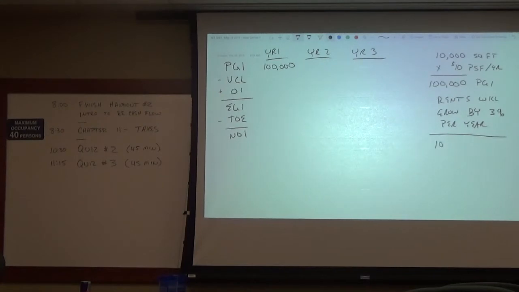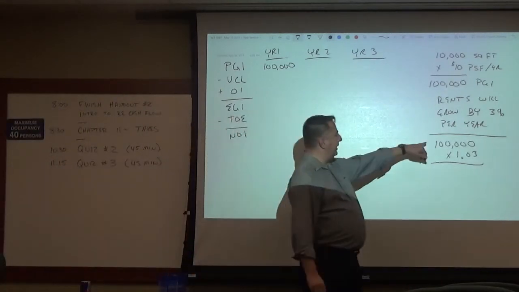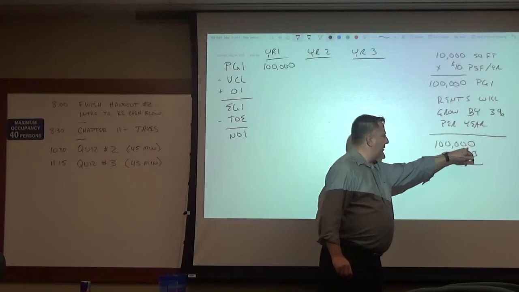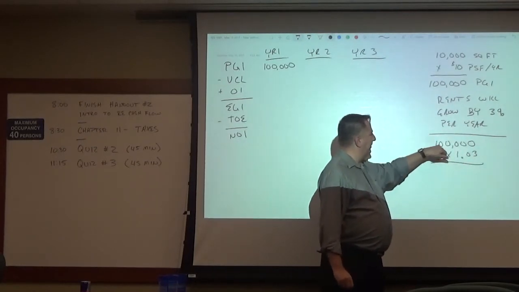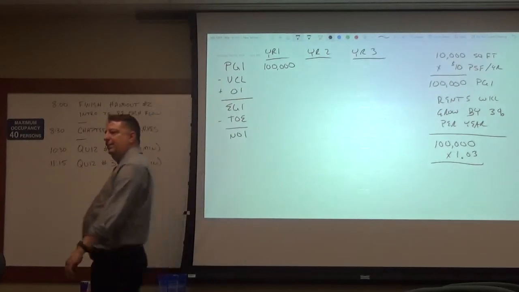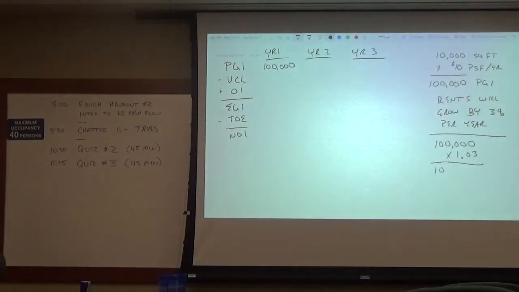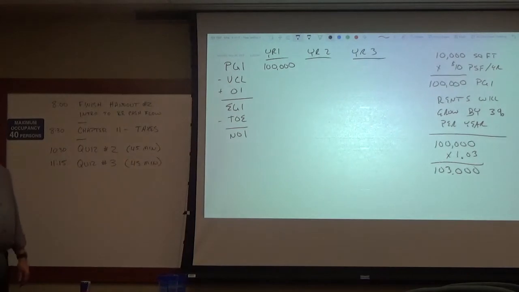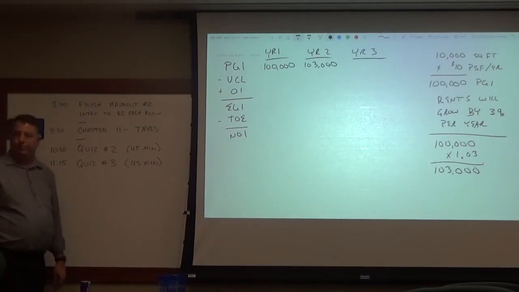All we're going to do is take that initial year income, and then multiply it by 1, which is multiplying it by itself, plus the growth rate of 3%. So that's the reason why 1.03. We've got to multiply it by itself, which is going to give us 100,000, but then also adding in that 3% growth rate to that. So what we should get whenever we do that math is 103,000. Does that make sense, everybody? Yes or no? All right,